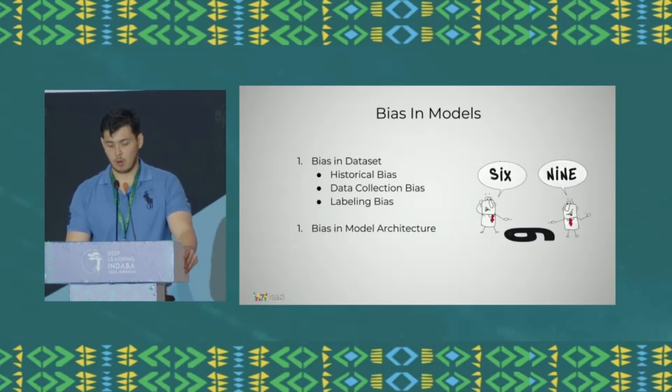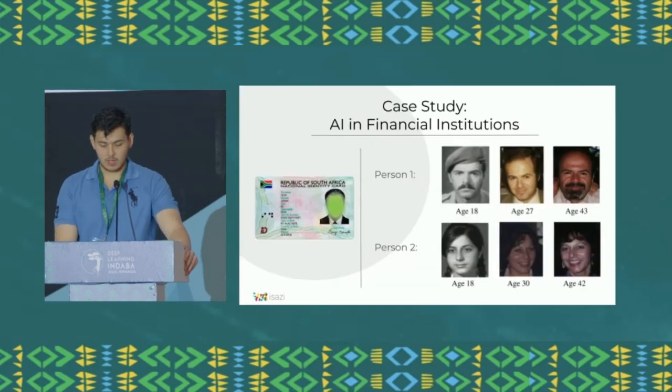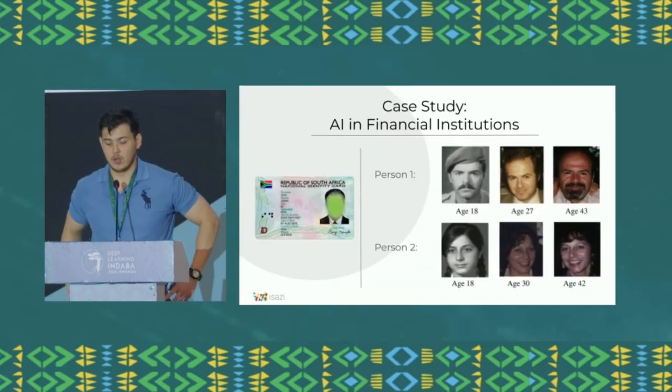The second, less common but equally critical source of bias can be the model's architecture itself. As this presentation will show, a model's design can become biased towards a specific data set if it's repeatedly refined against it. This results in a model that consistently underperforms on any other data set, even within the same domain. To illustrate this, I want to share a real-world case study from a project we worked on for a